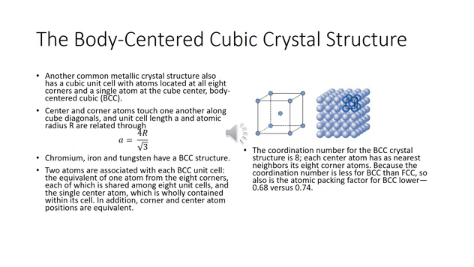In this case, we have atoms in the corners of our cube, and you have one atom in the middle of the cube. And you can relate the length of our cube to the radius of our atoms by this equation: a is equal to 4r divided by root 3. Obviously, in comparison to the previous unit cell, the body-centered cubic structure has less atomic packing compared to the face-centered